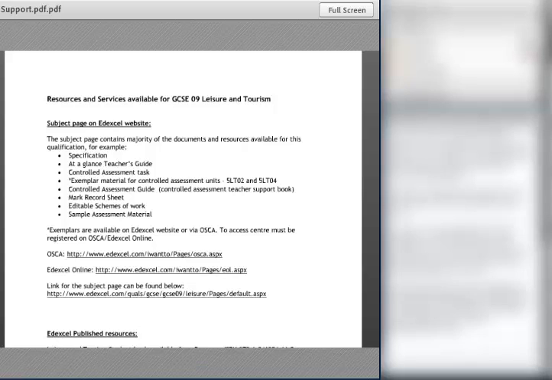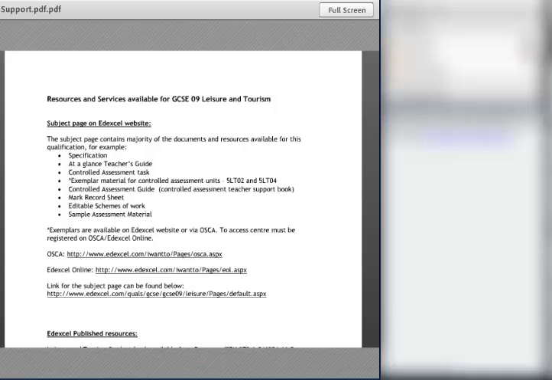OSCAR. We're in the process of writing up OSCAR commentaries. OSCAR, for those of you who are new to this, we take pieces of coursework from the previous year. You know, an A candidate, a B candidate, a C candidate, and we actually have a detailed commentary saying why those candidates got the marks. So not only will you have access to the work that's available here, because I think there's 3 candidates for each unit here with commentaries. These OSCAR ones are in addition to those, so you will have access to 6 in total.